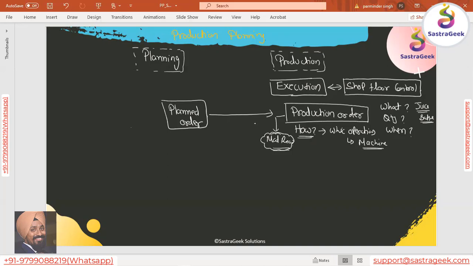So when we say manufacturing execution, a few processes would be there. Once the production order is there, what follows is the release of the production order. Once the production order is released, you would get your material reservations to store. You need to get all of these required materials from stores and receive them in the shop floor storage location.